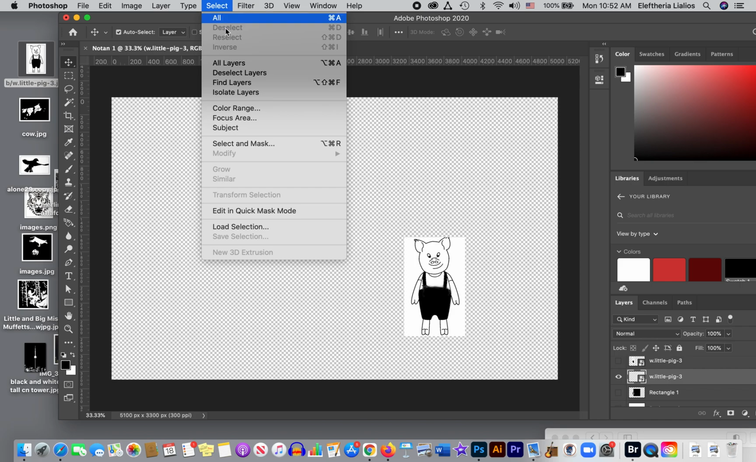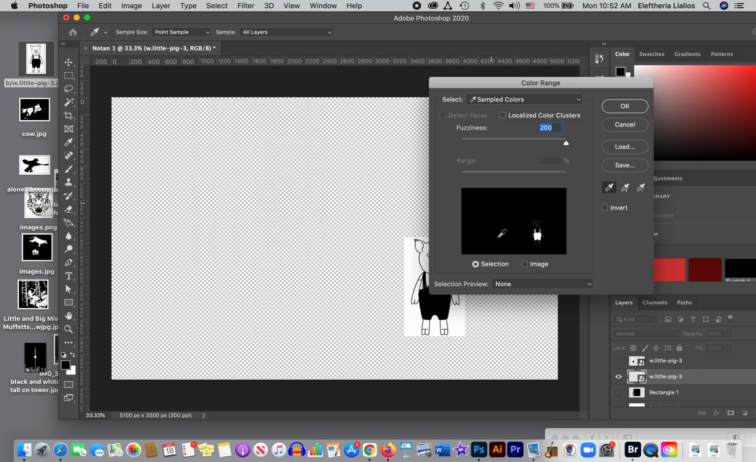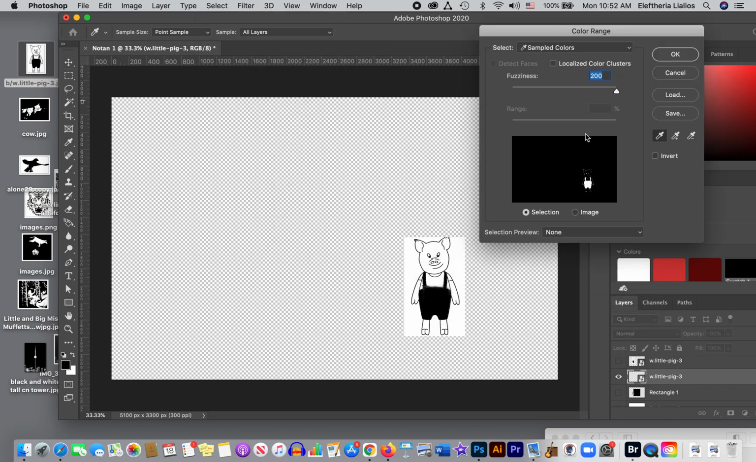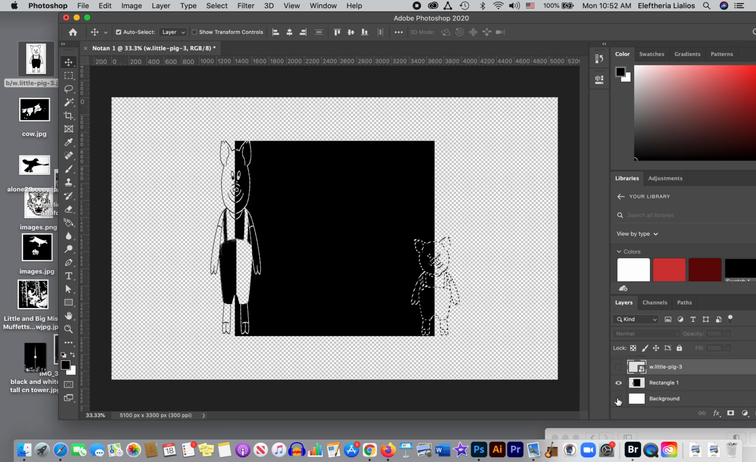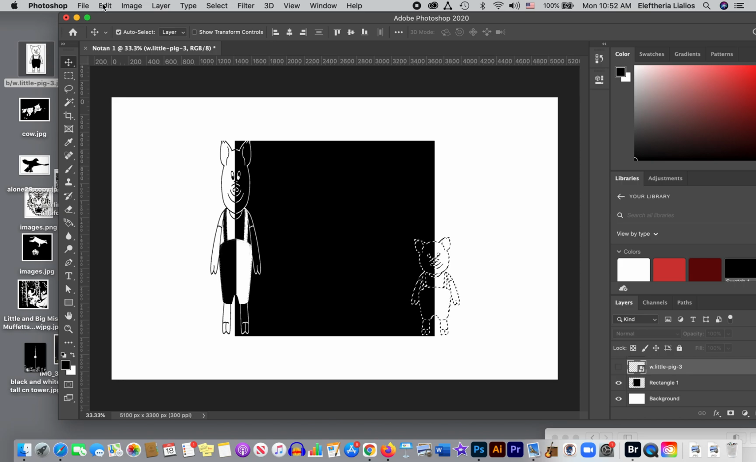I go to Select, Color Range, move this up here, make sure that I'm clicked on the black, and now he's got the dotted moving line there. I take him out, and he's still there. I click the rectangular box, I click my background box, I make sure that I'm on rectangle 1. If I'm not on rectangle 1, it will not work, the transformation, so I need to go to rectangle 1,